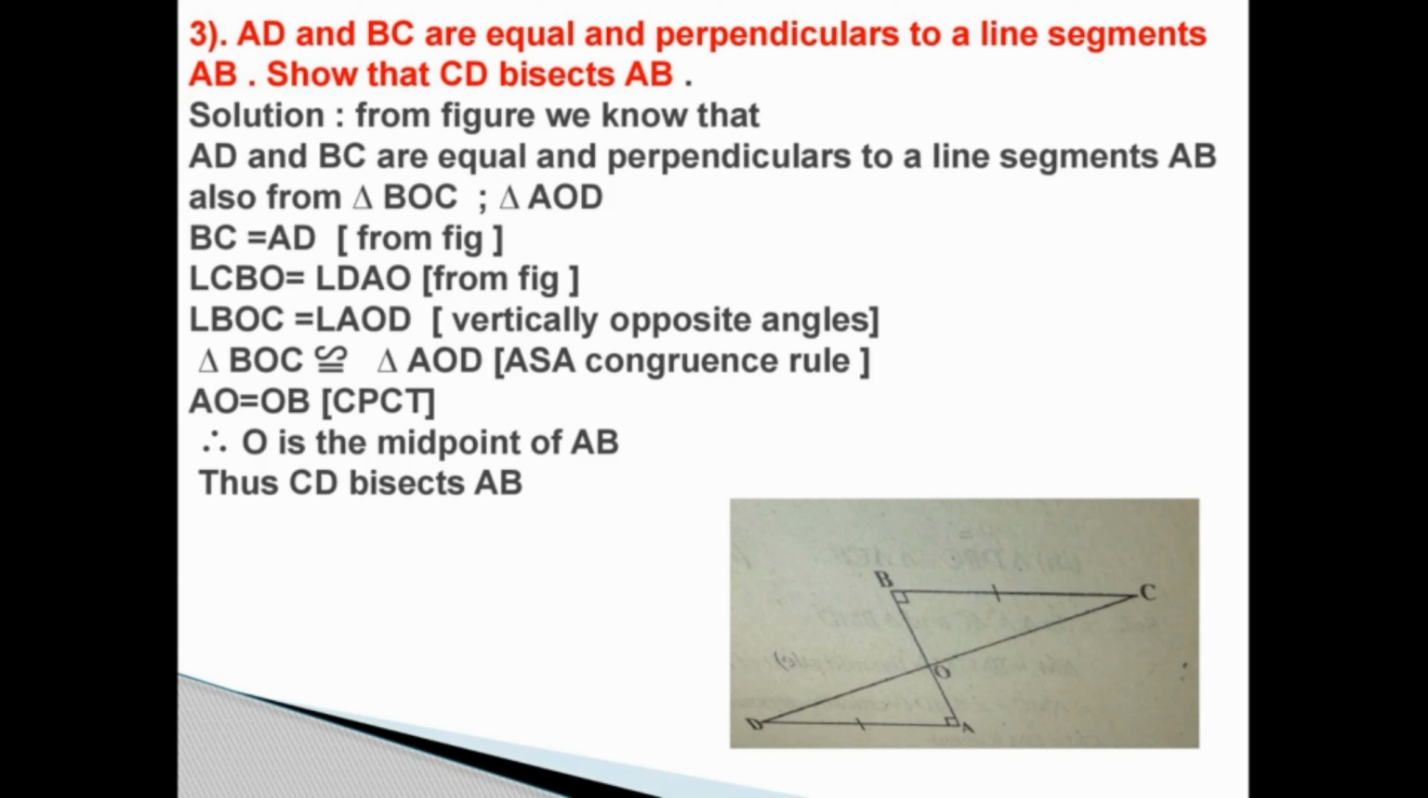Next, therefore, triangle BOC is congruent to triangle AOD by ASA congruency rule. AO is equal to OB by CPCT. Therefore, O is the midpoint of AB. Thus, CD bisects AB. Next,